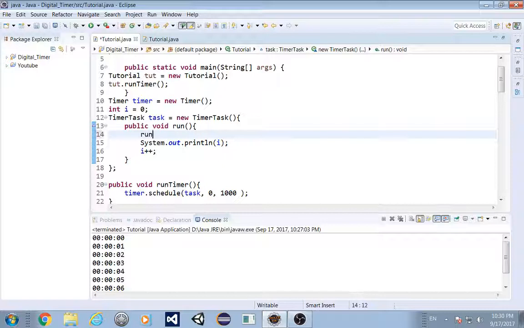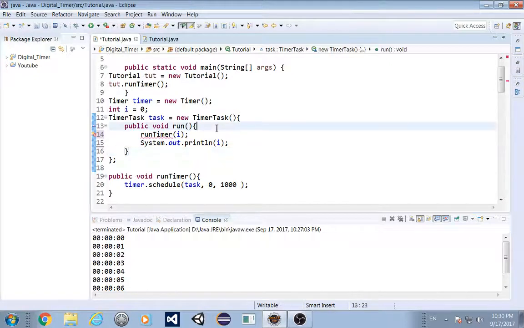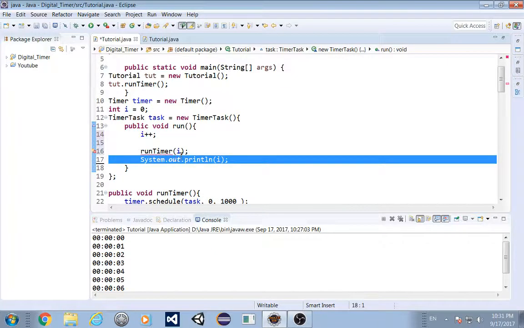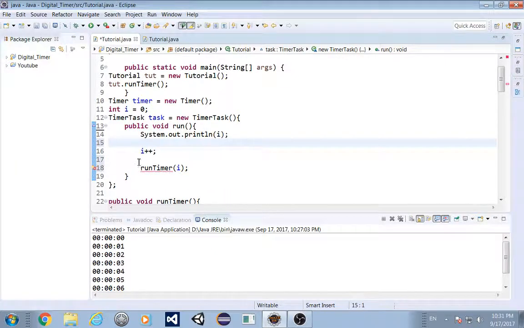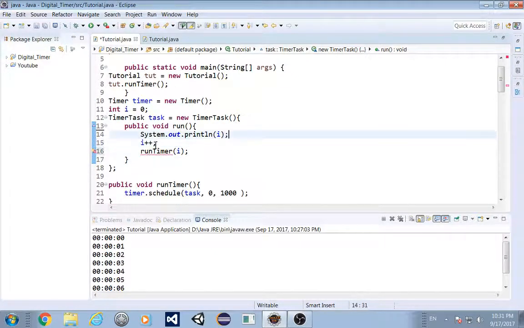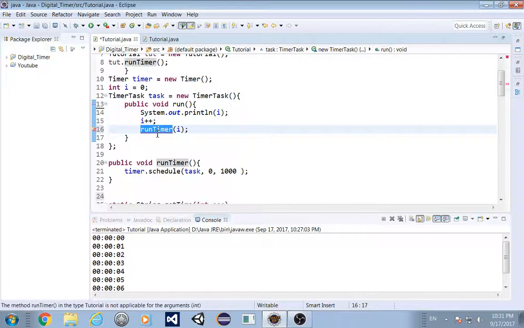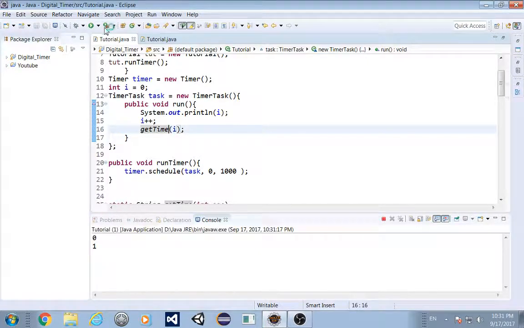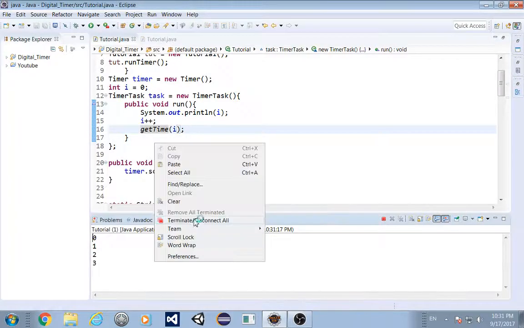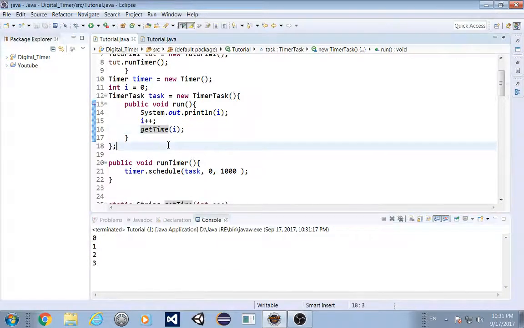So runTimer, put this to be here. Not getTime, not runTime. Okay, we run. No, it's not working. I don't know why.